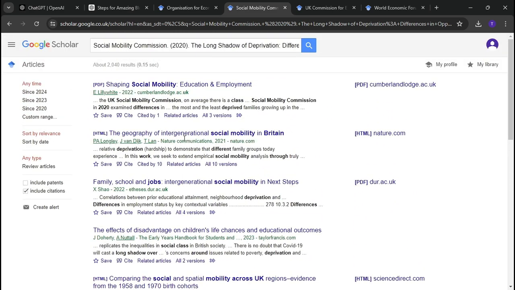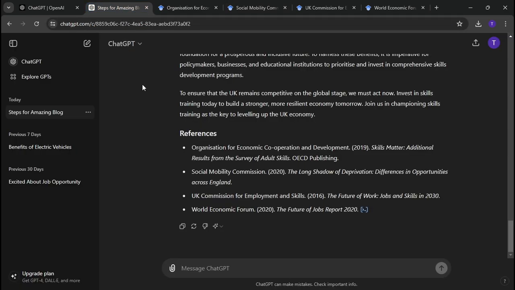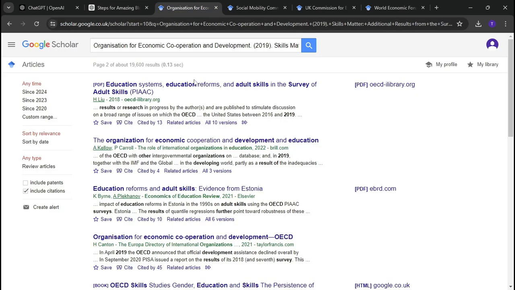In terms of this second one, it is there. Shaping Social Mobility, Education and Employment. So I can go to that document. But we've already seen that some of those documents are actually quite difficult to find. So Social Mobility Commission, the long shadow of deprivation. Let's go into here.